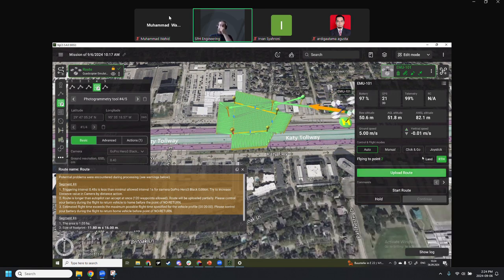The next window is the telemetry window. This is where we can see the various stats of our vehicle. So the battery, the GPS satellite count, the telemetry percentage, the RC signal. In this case, we don't have one, but when you connect an RC, there will be this level, and the